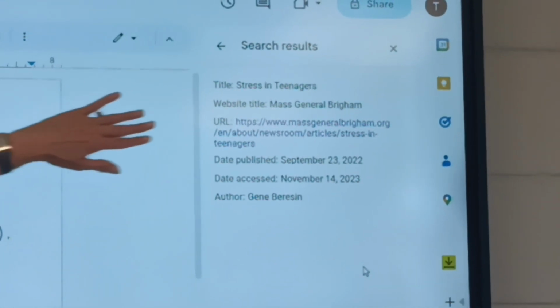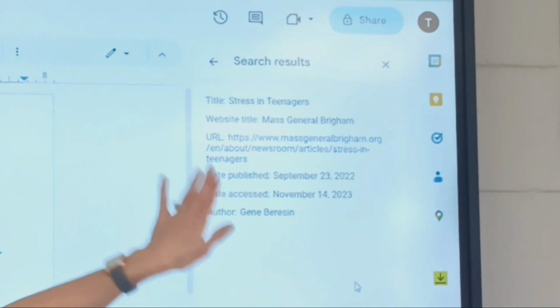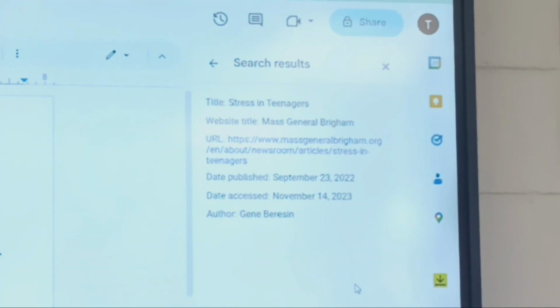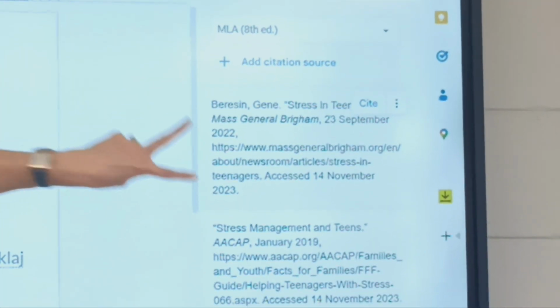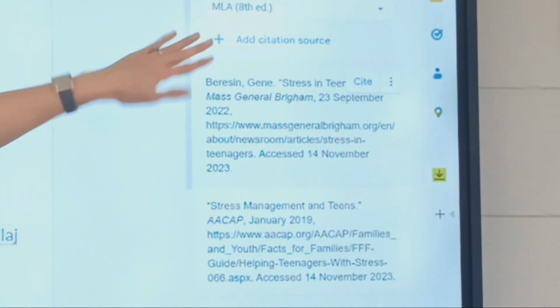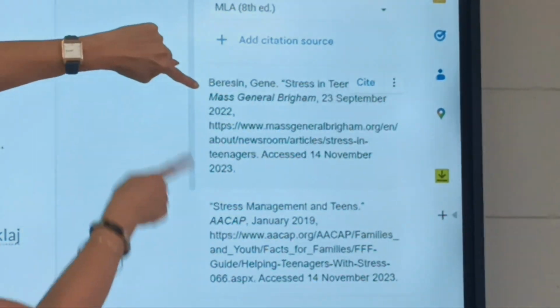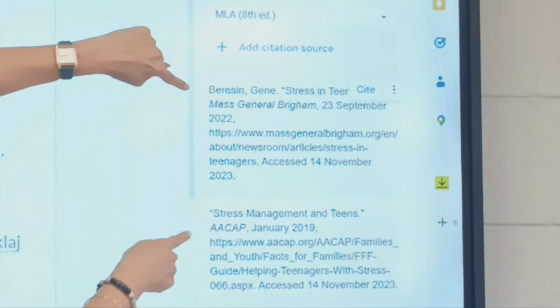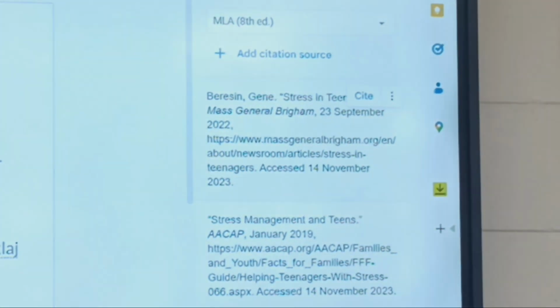Now notice this one. There's nothing missing. There's nothing in red. It has every single thing it needs, so we don't have to look up anything. We just click continue and add citation. So now both of them are there. The one we did first, the one we did second. Well, why are they in this order? Look, alphabetical, B, and then your stress is here for S. So, Burson here is our next site that we need to put at the end of what we wrote.